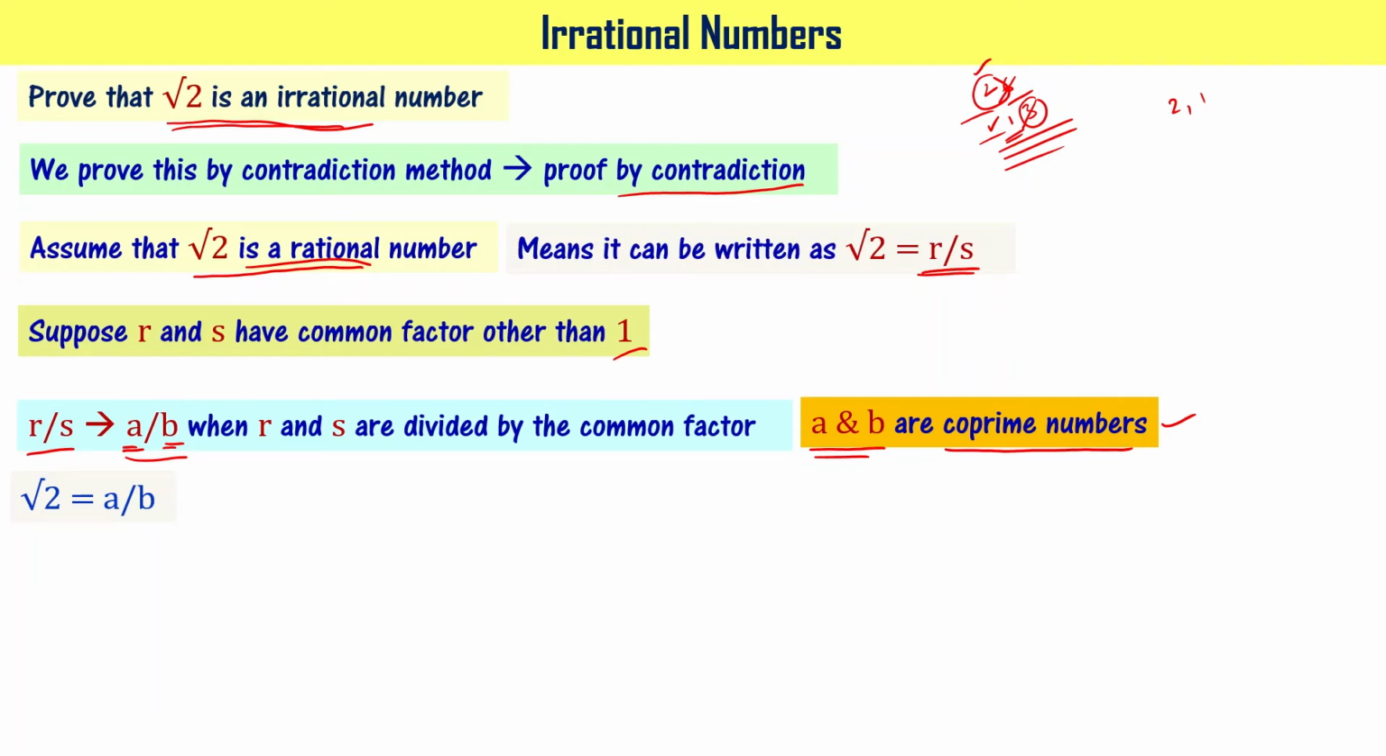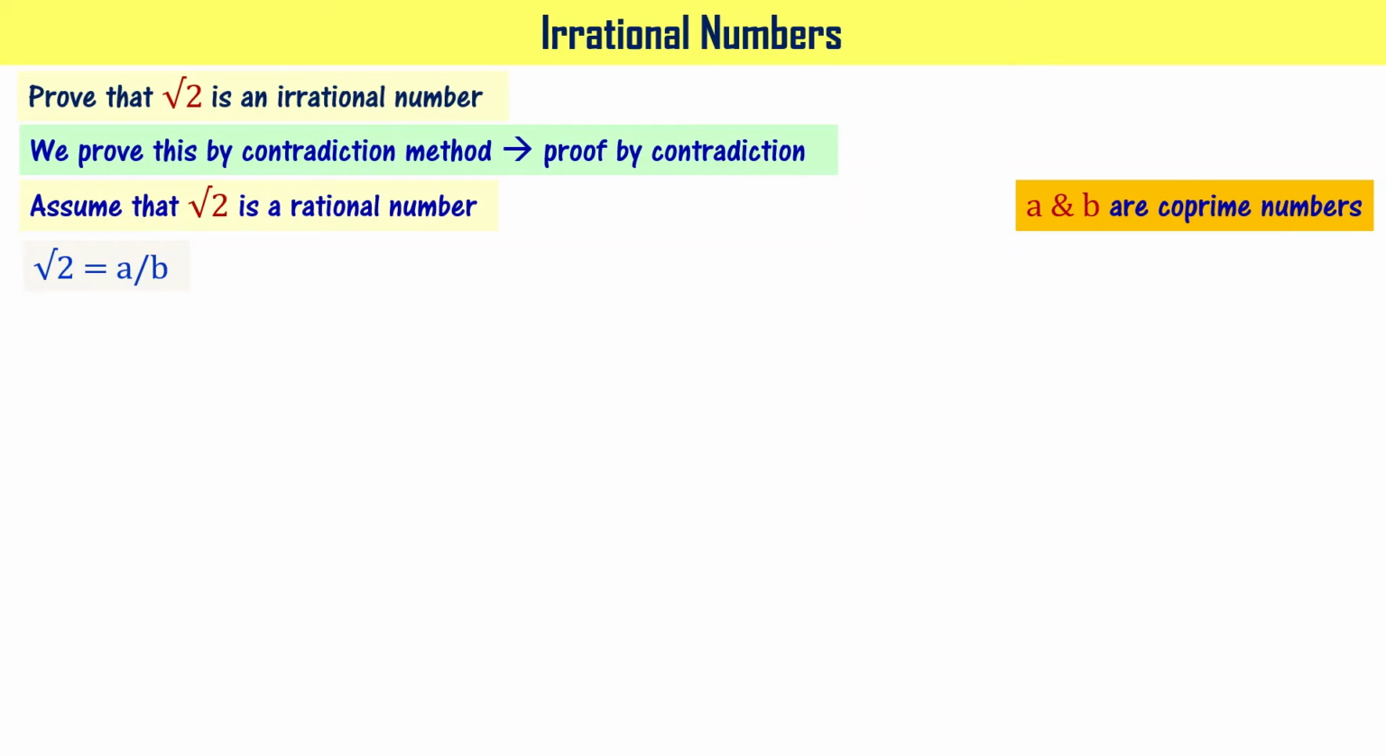So root 2 can be written as a by b now. Initially we have written it as r by s. Now I can write it as a by b. Please note this. If root 2 equal to a by b, I can say that root 2 times b equal to a, right? I have rearranged this particular equation such that I can write it as root 2 times b equal to a. If I square both the sides, then what I'm going to get is 2b square equal to a square,